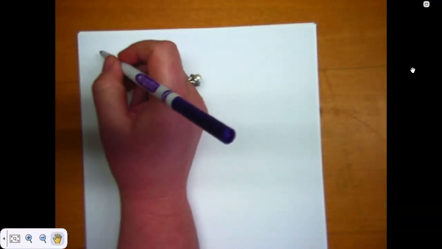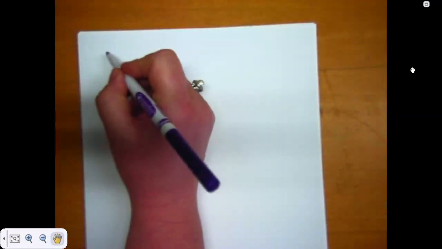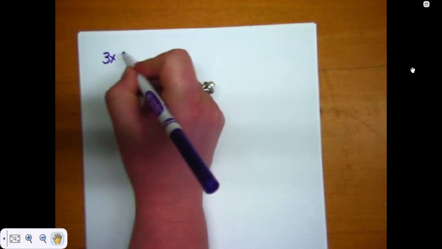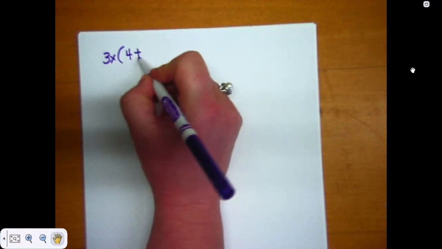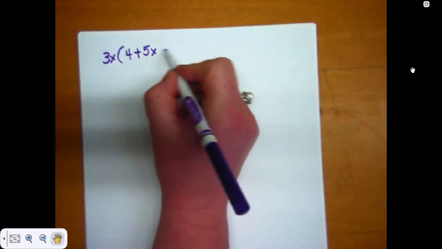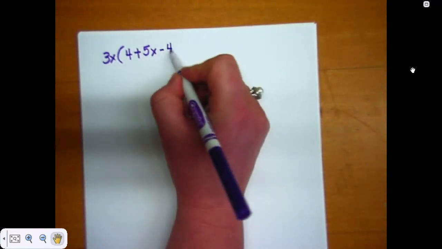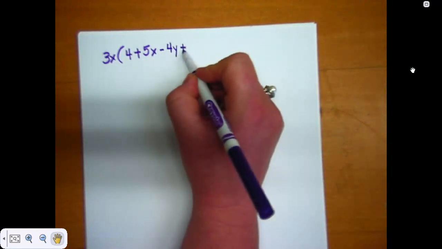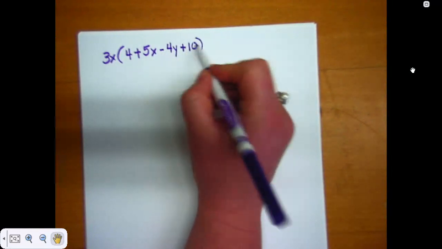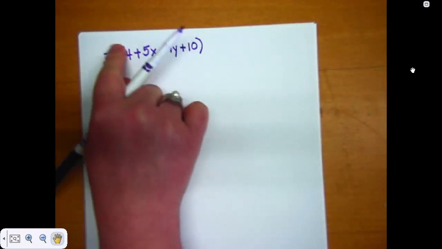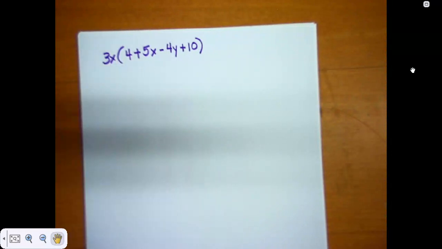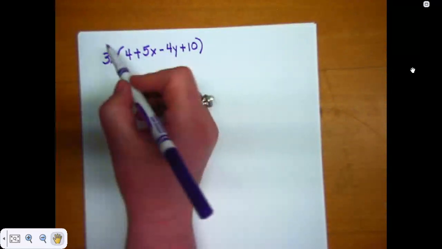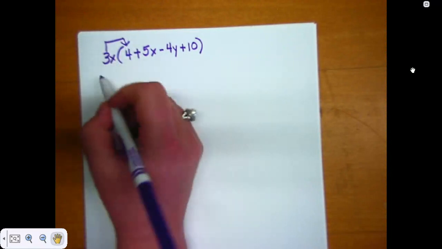Let's try one with a variable on the outside. So if we had 3x times 4 plus 5x minus 4y plus 10. Again, we want to distribute this whole number, and this number involves a variable. So let's distribute that. So it would be 3x times 4,